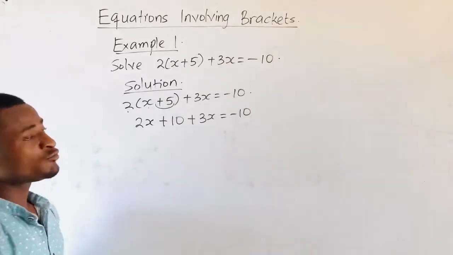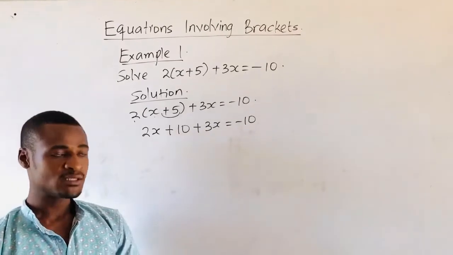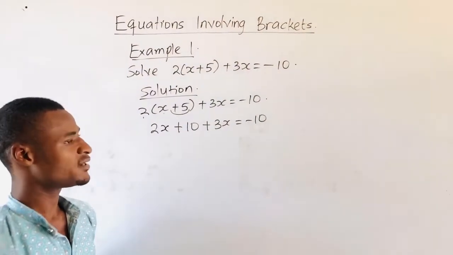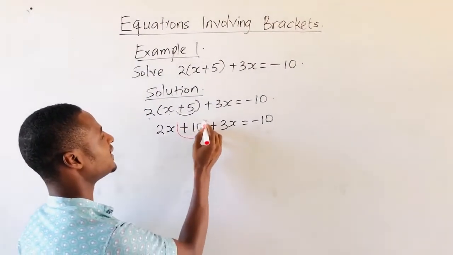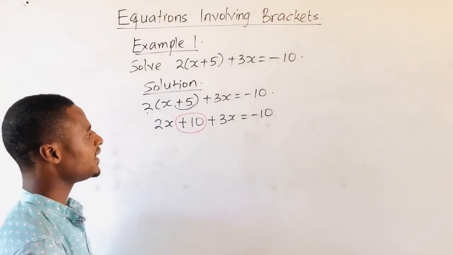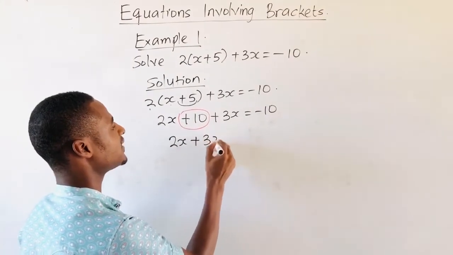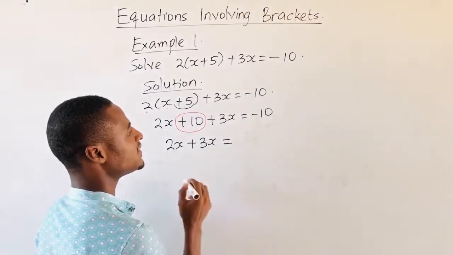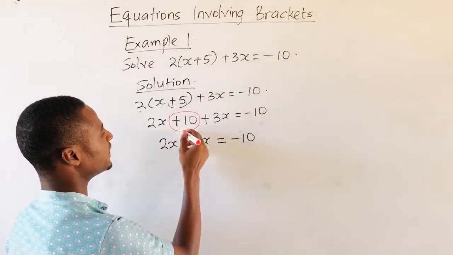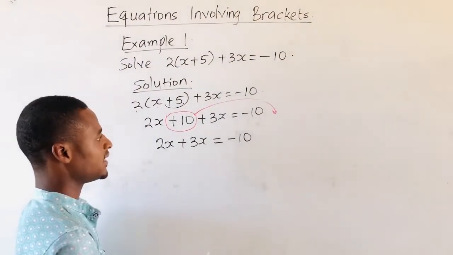We'll solve this equation either by balancing or by grouping of like terms. Let's use the common one, which is the grouping of like terms. In grouping like terms, we will lift the number term at the left-hand side of the equation to the right-hand side. And then at the left-hand side, we will be left with 2x plus 3x. When we move to the right-hand side, we have negative 10 there. Then this positive 10 at the left-hand side will cross the equal sign to the right-hand side, and therefore it